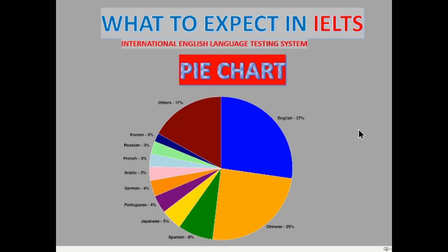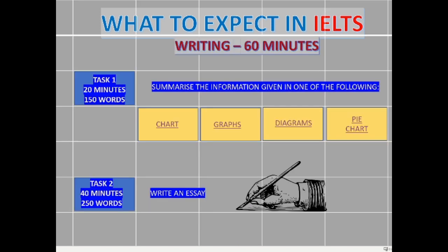And finally, you might get a pie chart, and this is another very common one to get. It might be a pie chart with a bar chart, or it might be a pie chart with a graph. All very common aspects, and it's once again extracting the information and summarising it in your report on what you're saying. So that is actually the first part of the writing